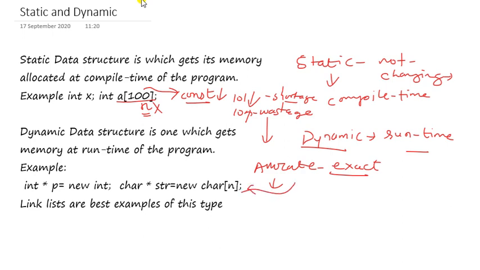In different languages we have different ways to allocate dynamic memory. In C++ we make use of new. If you are using C language, then you will be using the malloc function. So how will you allocate memory dynamically? Say, if you want memory for only one single integer, you can say new int, and that will return an address of that block that you will store in P.